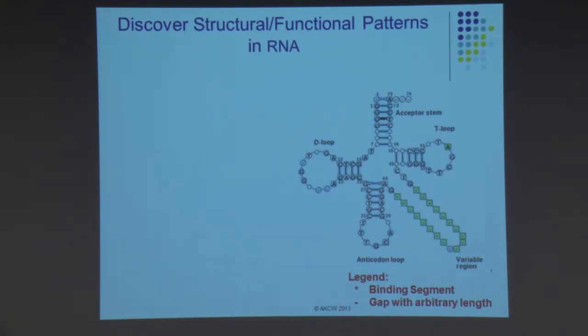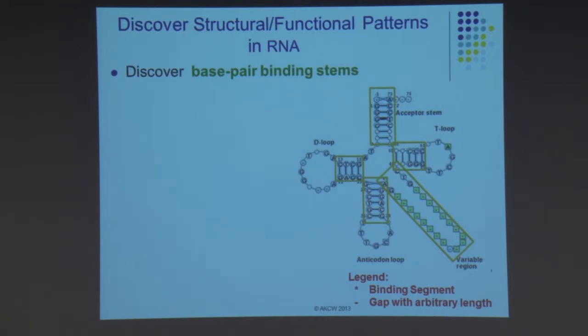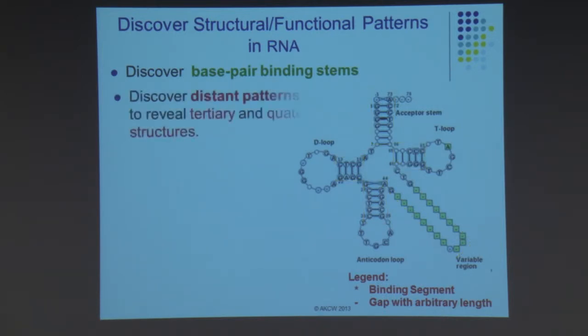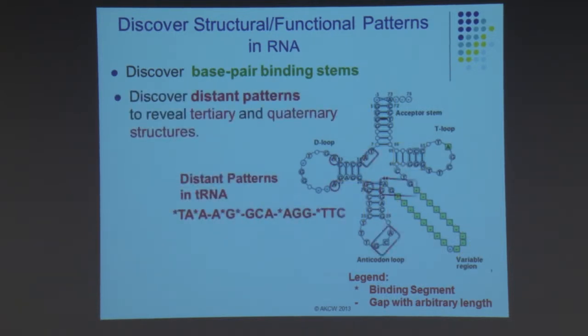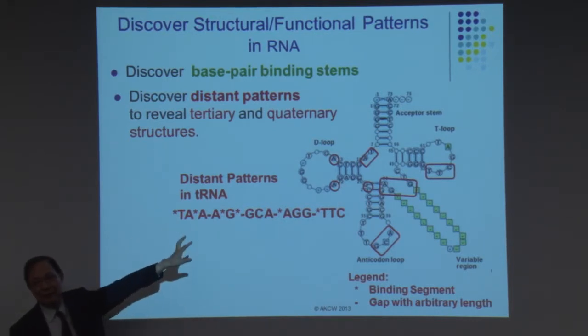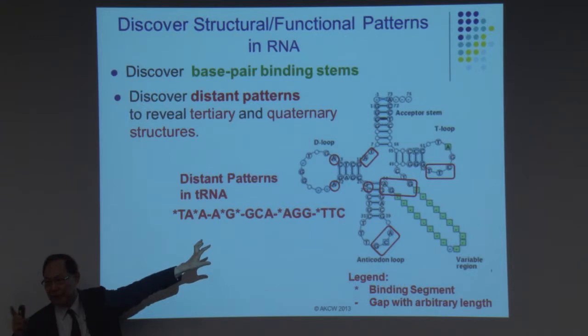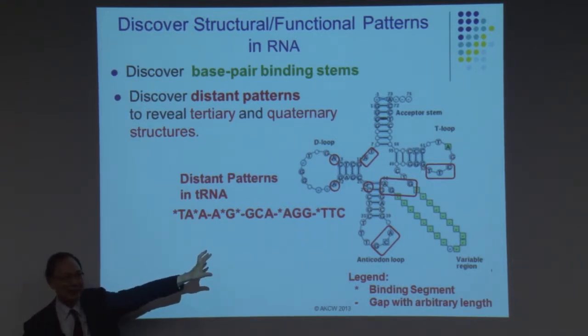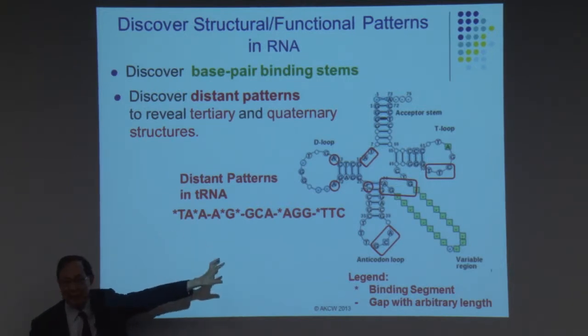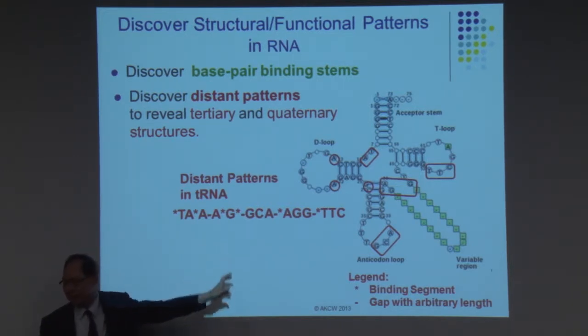We also apply this to transfer RNA. We all know the transfer RNA is well structured. Again, without any prior knowledge or clue, we are able to find all the paired stems. And beyond, we can also find what we call distant patterns. It means that they co-occur together in a molecule. Why do they co-occur? Because they are responsible for tertiary structure, folding, and many other things. It is embedded there, it is encoded there.